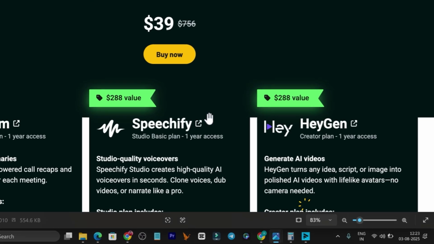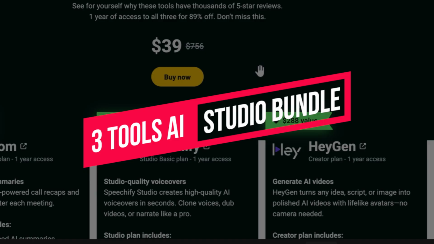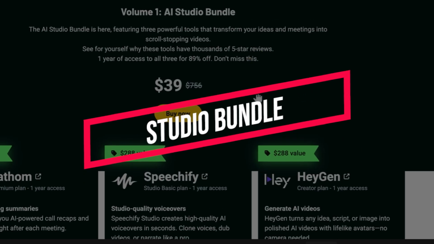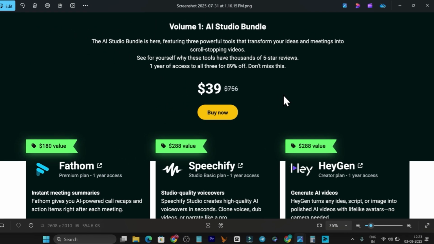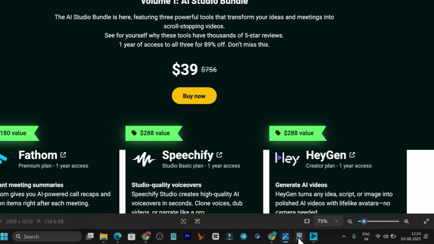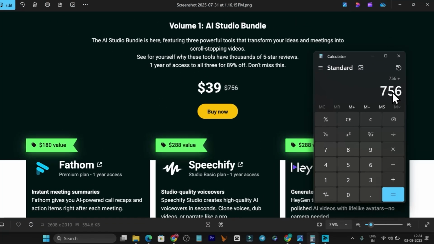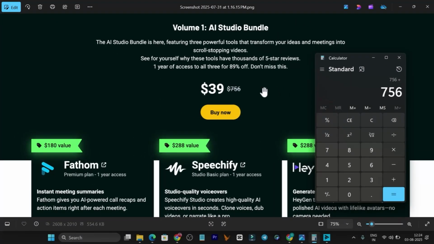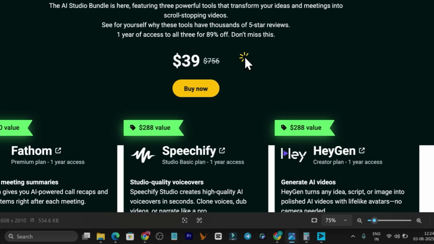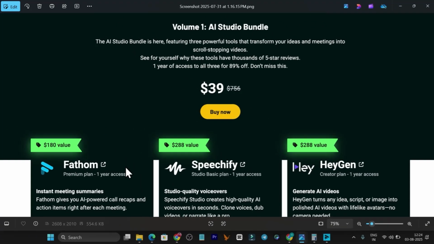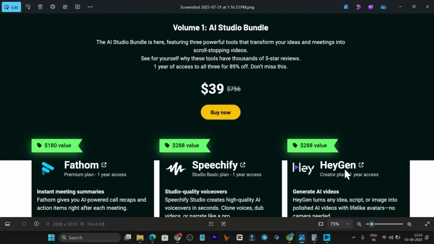AppSumo just launched an AI Studio bundle in which they are giving us three tools with 1 year access, for which the original pricing is something like $750, but here you only have to pay $39 for one-time access. These tools are Fedum, Speechify, and HeyGen. Can you believe this? HeyGen we are getting in just $39 for 1 year access, along with two additional